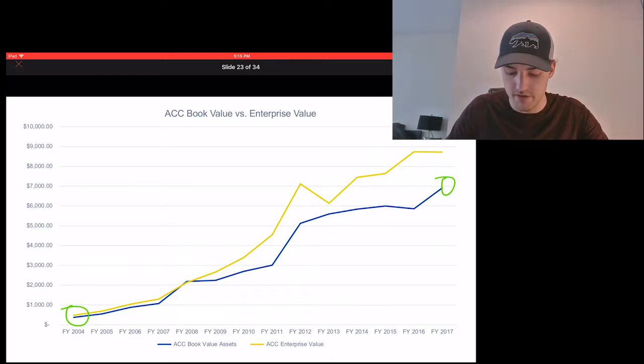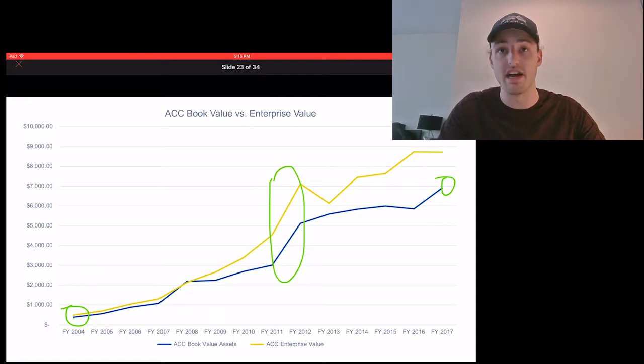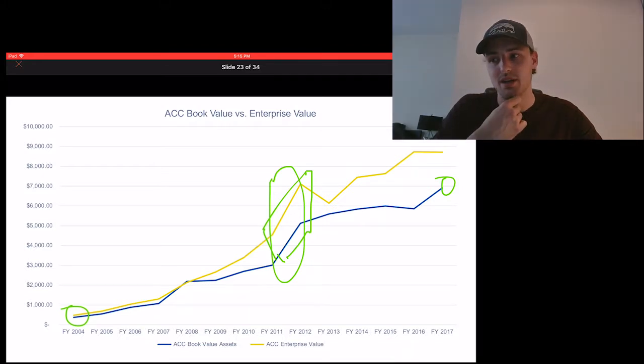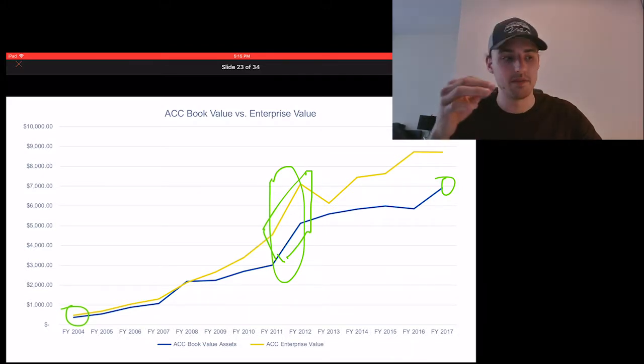Between 2011 and 2012, there was obviously a large capital raise that went on, and then that money was invested in properties, which would make sense of enterprise value separating in this region, where enterprise value gets steeper and separates away from book value. This would also be because they haven't deployed the capital yet. But yeah, anyways,